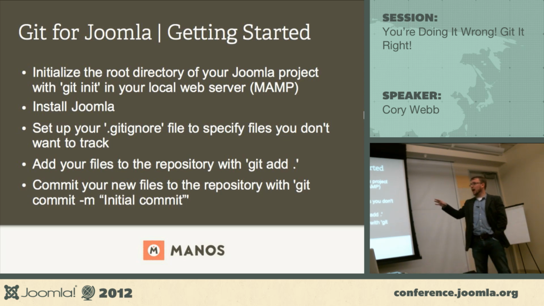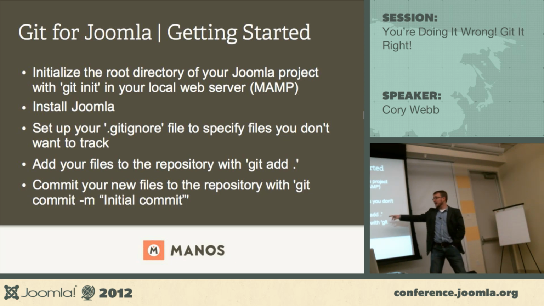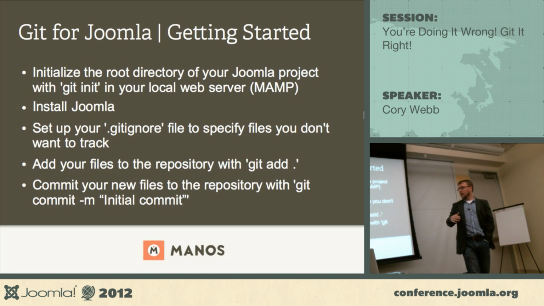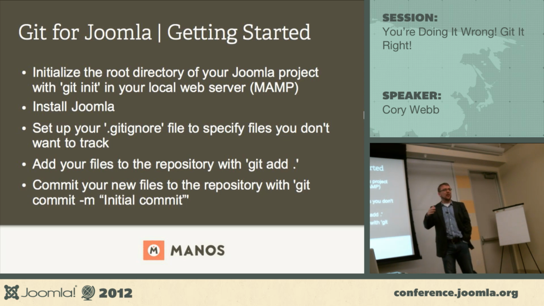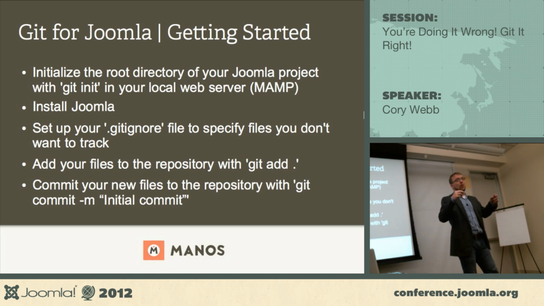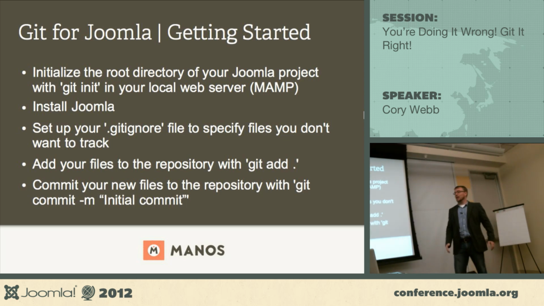So set up your gitignore file, then add your files to the repository with git add dot, okay? That's just real quick. It's going to go through and add all those files into your repository. You might do a git status first. I like to do that just to see it, but you don't have to. And then you commit all your files to the repository. One thing that Joe taught me was on your first commit, you just say git commit -m, quote, initial commit, or first commit, or project started, or green light go, or whatever you do.